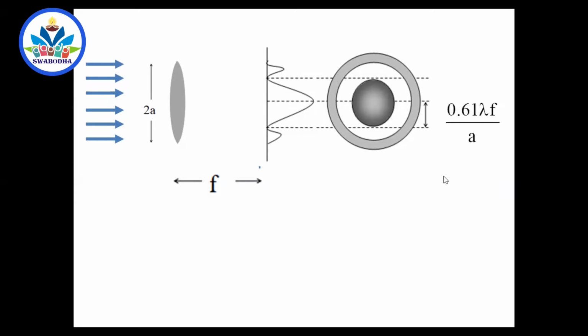Of course, it is not a very important formula. It becomes important when you apply it to the microscope. That I will tell you. But you must know what this formula actually is. When a parallel beam of light is made to fall on a lens, because of the diffraction effects, the refracted light and diffracted light will not form a single focus.